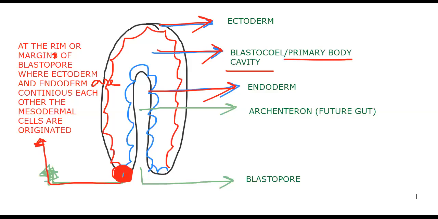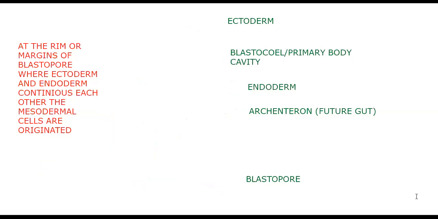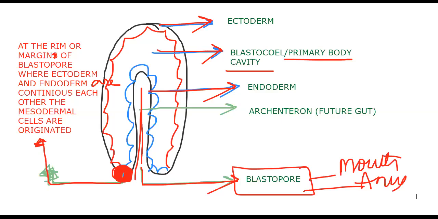The opening is called the blastopore and opens into the archenteron. We discussed that earlier. If this blastopore develops into the mouth, that is protostomia. If it develops into the anus, that is deuterostomia. We discussed all this in the Kingdom Animalia series. So that's it. Now, let us start one after another with the basics of body cavity. First of all, we are going with acoelom.